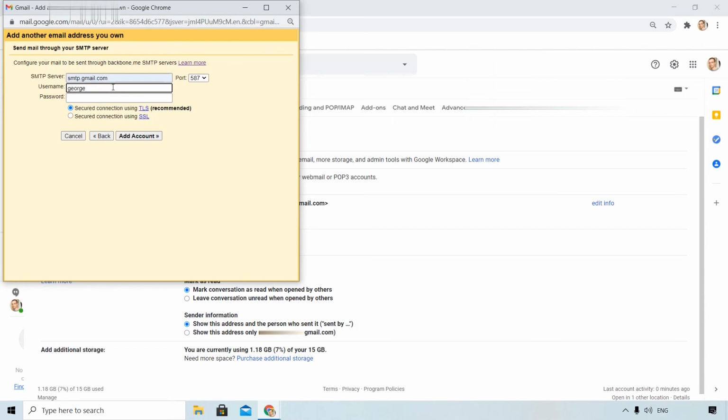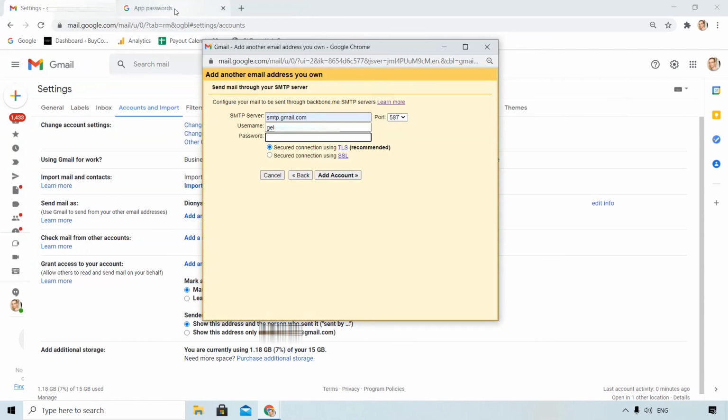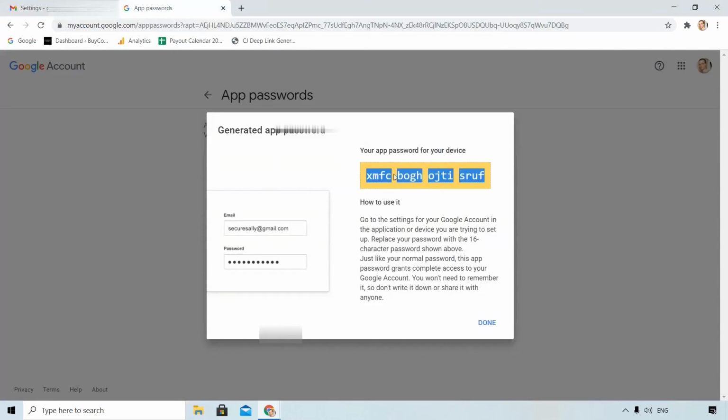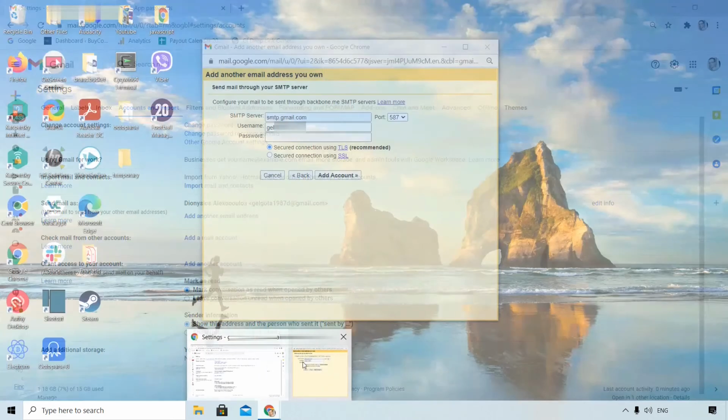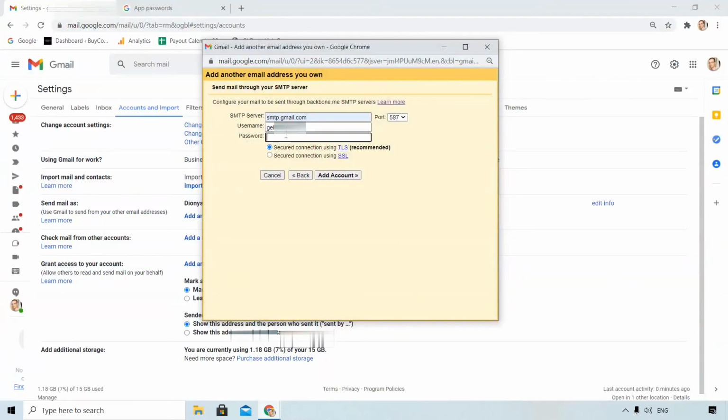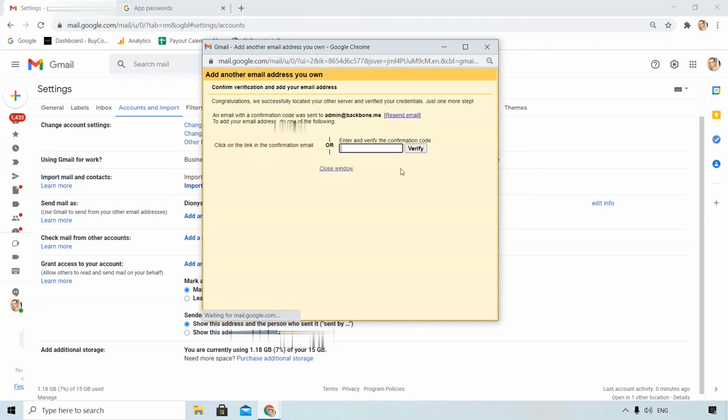This is very important. For username, I repeat, we will use the first part of your Gmail address before the @ symbol. And for password, we will go to the other window, app passwords, and copy that and paste here. Secure connection using TLS. Add account. Great.